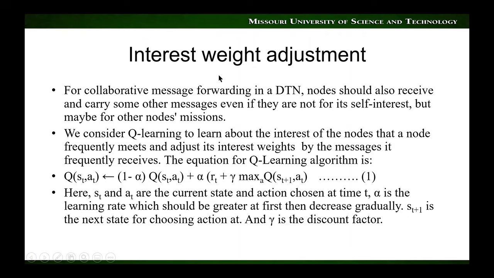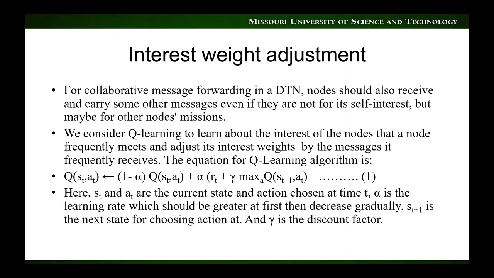This interest similarity can be shared between the nodes when they are in communication range. However, we have to adjust the interest weight. Let's assume one example. Alice wants to send a message to Bob because they have similar interest, but they are not in communication range. That's why they have to send the information via another node, Chuck. But Chuck doesn't share their interest. In that case, Chuck will not receive the message from Alice and Chuck will not deliver the message to Bob, which will hamper the message delivery ratio.